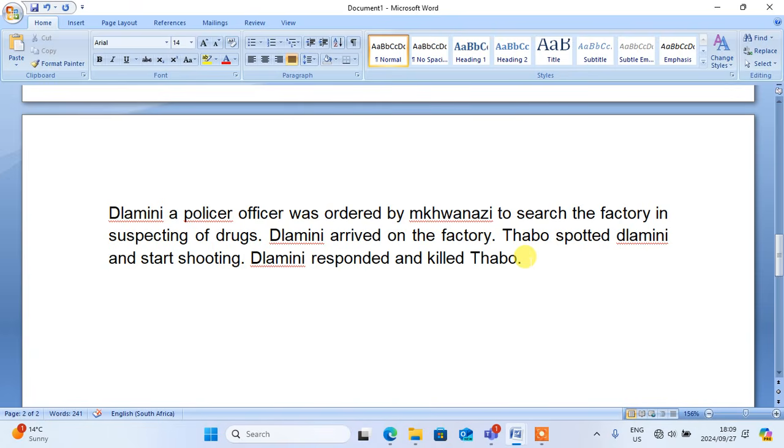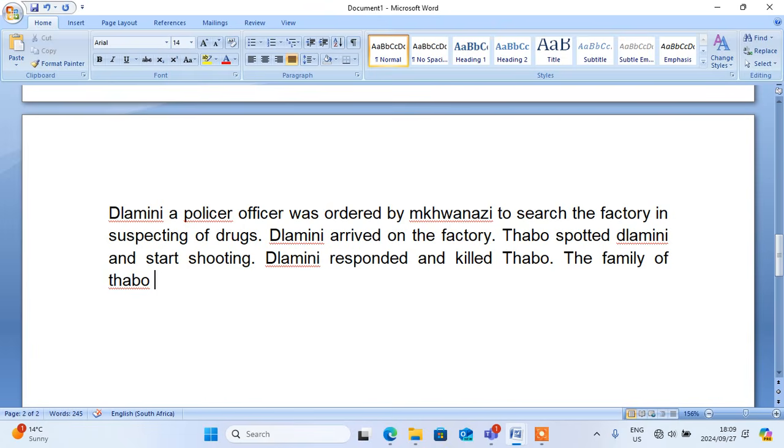Dlamini responded and killed Tabo. Right? The family of Tabo instituted a delictual